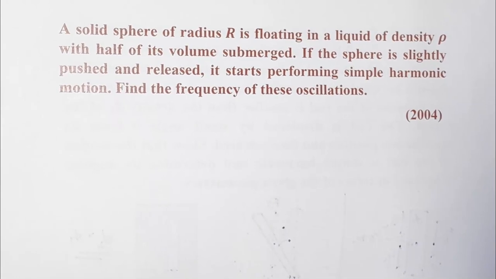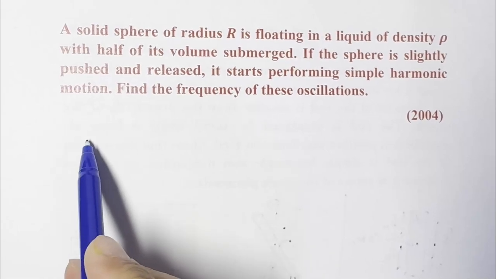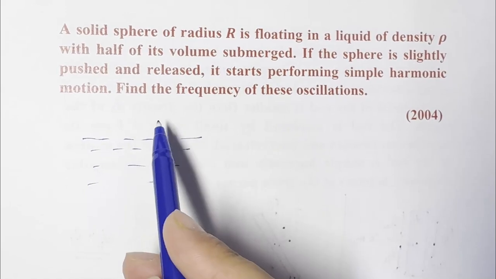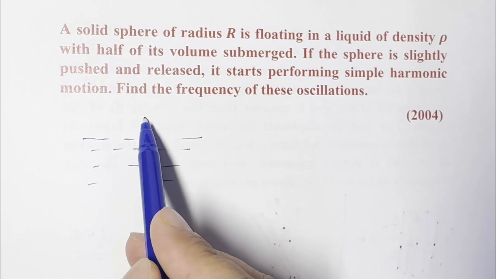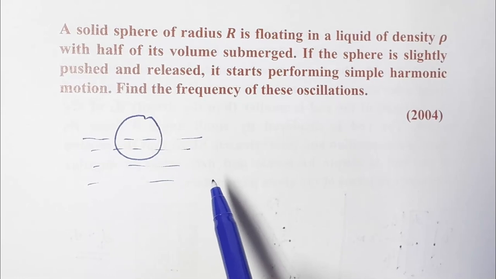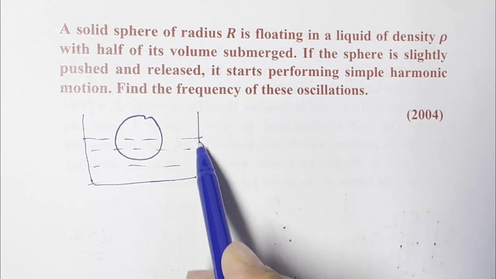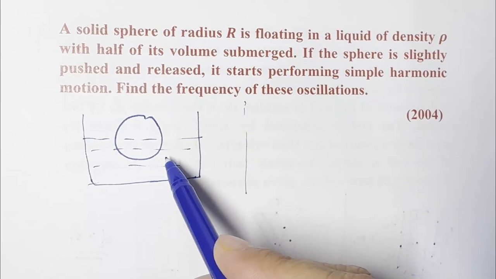So we are given a sphere which is floating in a liquid. This is a liquid. And we have a sphere, and it says that half of its volume is submerged. So we have this sphere of radius r and half of its volume is submerged in the liquid, and then it is pushed a little bit in the downward direction,